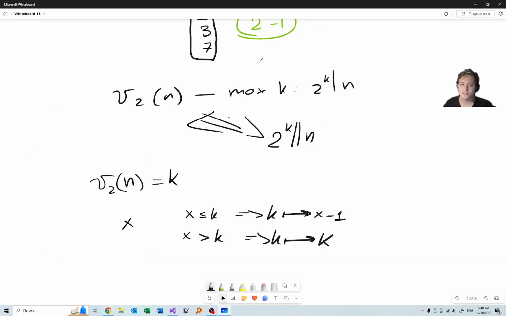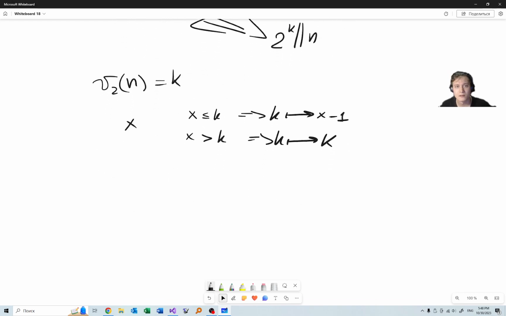What does it mean? It means that actually we can assume that our operations are strictly decreasing. Why is that? If we have two operations like x and then again x, then the second operation does not change it, because if the first operation doesn't change anything, then the second will also not change it. And if the first operation did change it, so x was at most k, then after that k would be less than x, so the second operation wouldn't change it.